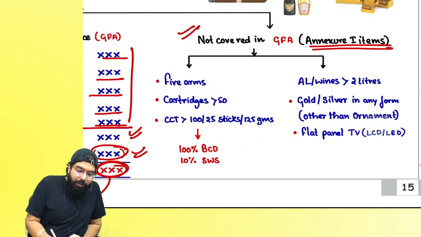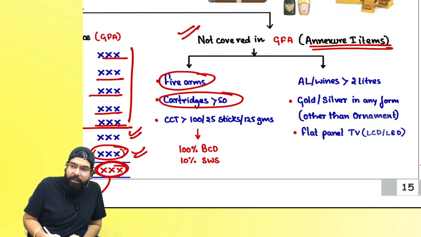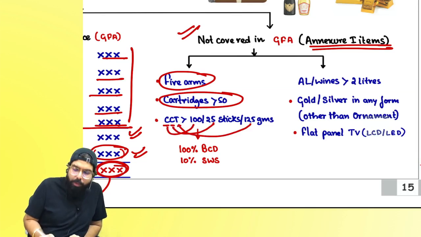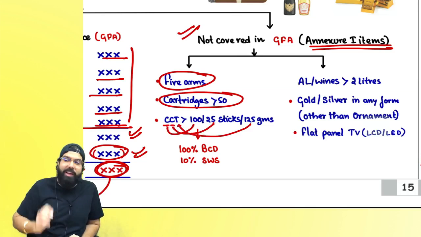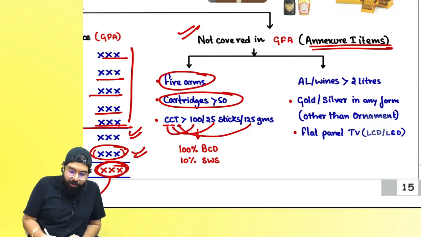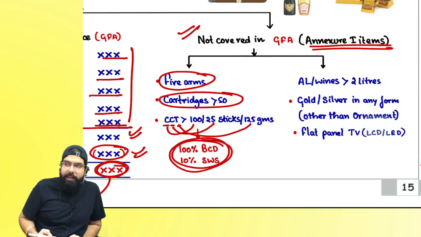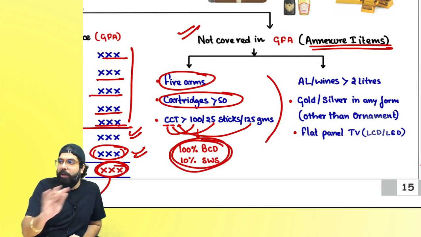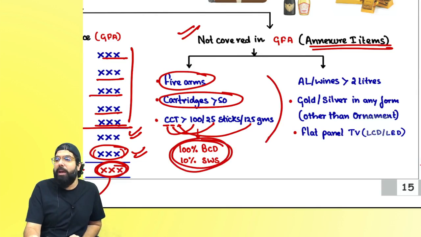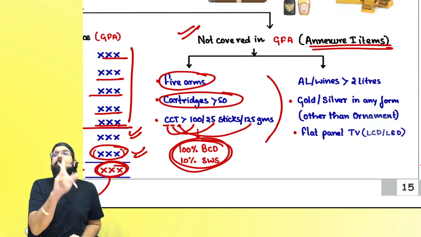Always remember, sir, firearms, cartridges greater than 50, and cigarettes, cigar and tobacco. Cigarettes more than 100, cigar more than 25, and tobacco more than 100 plus 25, which is 125 gram. Then you always have to pay 100% plus 10% social welfare surcharge. General free allowance will not be allowed. Even if you have the general free allowance with you, still they will tell you you have to pay and